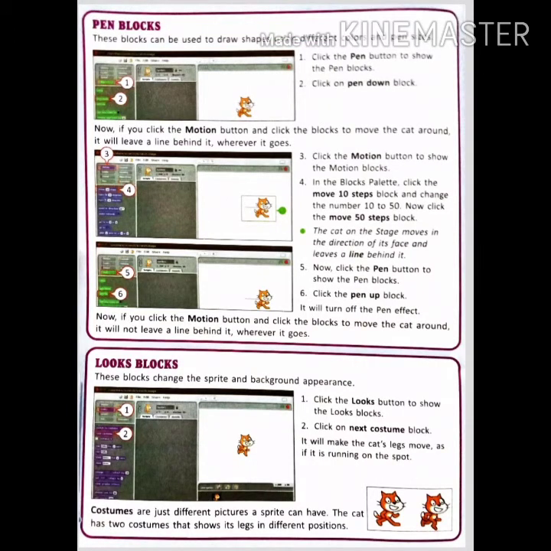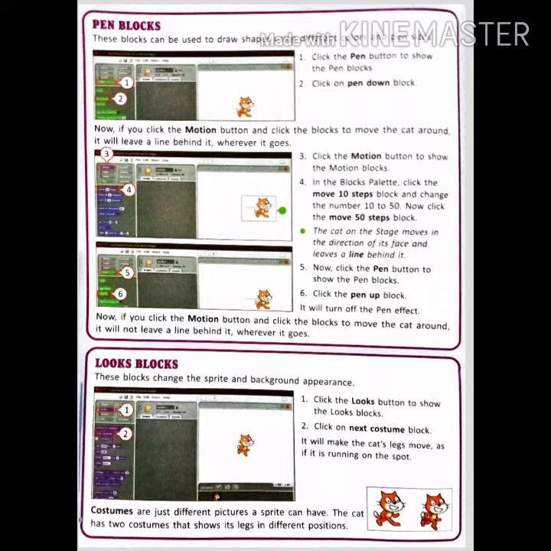Pen blocks. These blocks can be used to draw shapes using different colors and pen sizes. First, click the pen button to show the pen blocks. Second, click on the Pen Down block. Now, if you click the motion button and click the blocks to move the cat around, it will leave a line behind it wherever it goes.